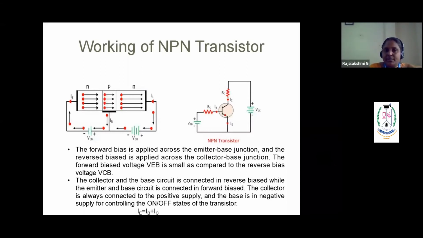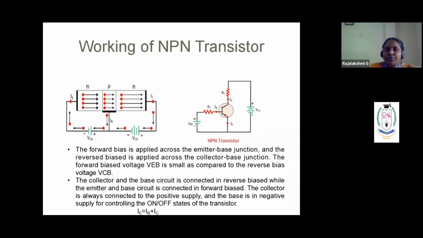So here also the same thing is done. The forward bias is applied across the emitter-base junction, and the reverse bias is applied across the collector-base junction. So we say it is forward biased and reverse biased respectively. In N type, we know that electrons are the majority carriers. As you apply the input, in forward bias condition the resistance will be less. When you look into the reverse bias condition, at the PN side, obviously there will be a possibility of depletion layer formation that we have to take care of, right?